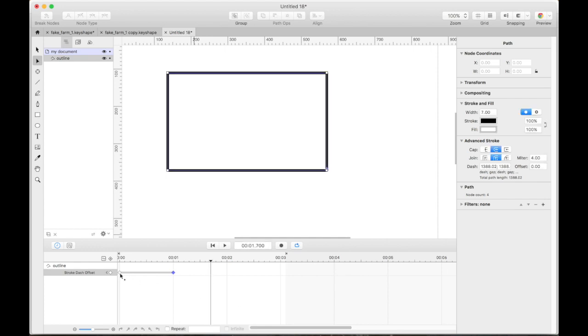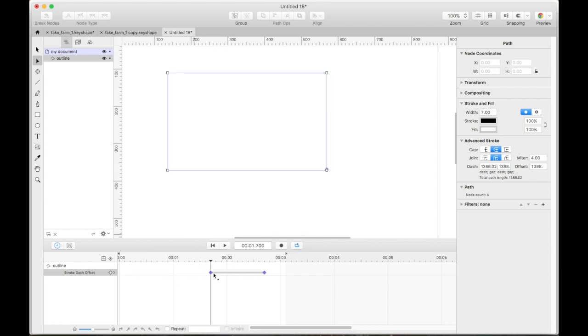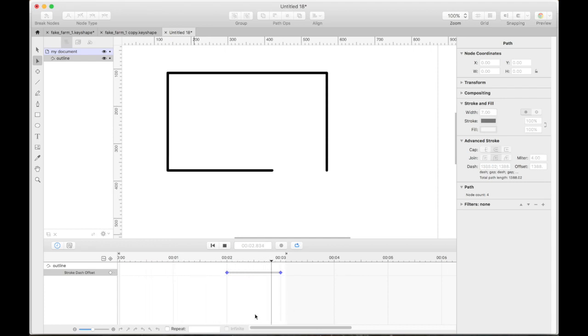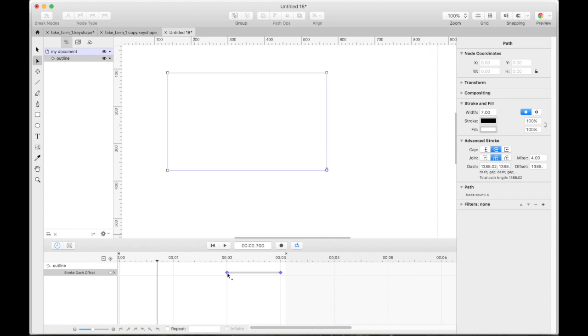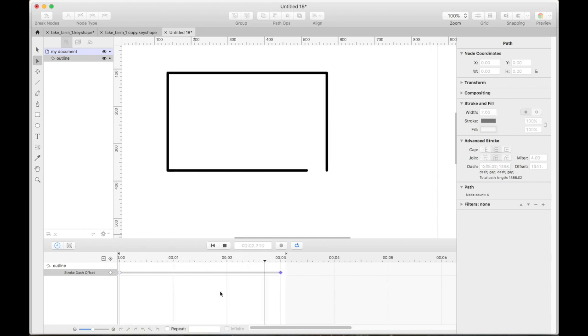And then the other cool thing is that if you click on the beginning one, you can drag it to start. Nope, that's not true. You've got to hit shift and select both of them, and then if you click it, you can move the whole thing to start whenever you want. So you're going to have this layered effect. So it does it at the end. So there's 2 seconds of nothing, and then it happens. So that's cool. Now, we're going to talk about inserting custom nodes in a second, but we're going to keep going.